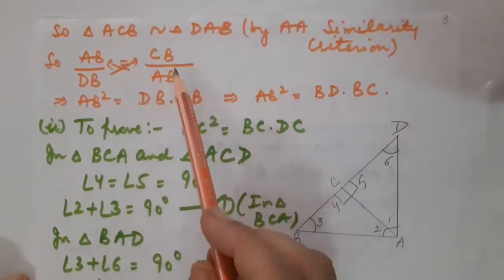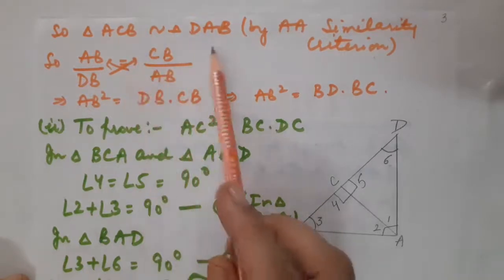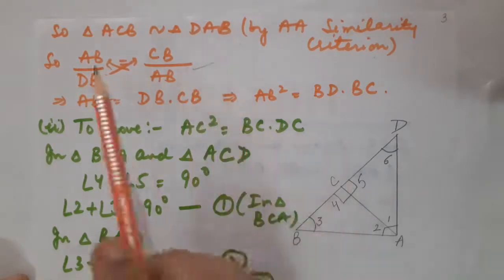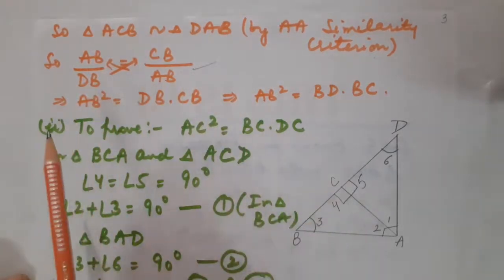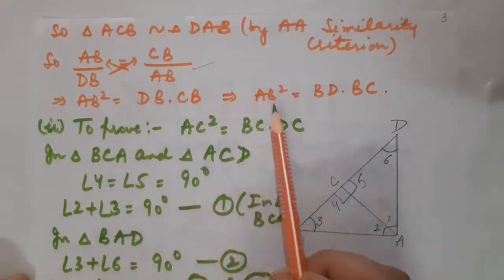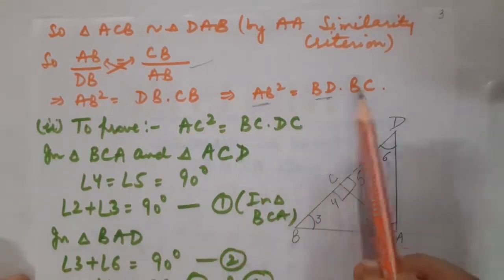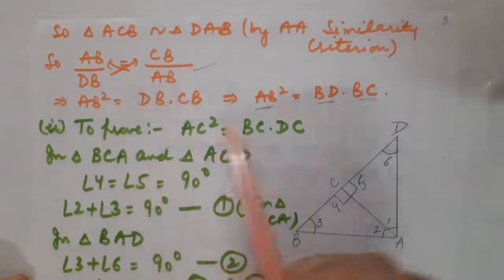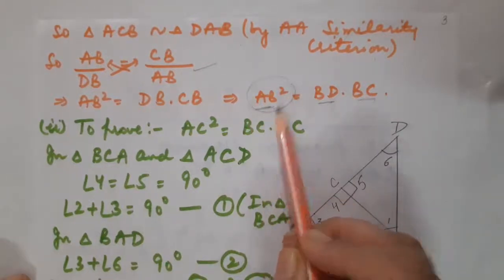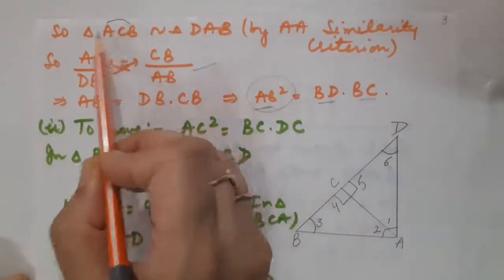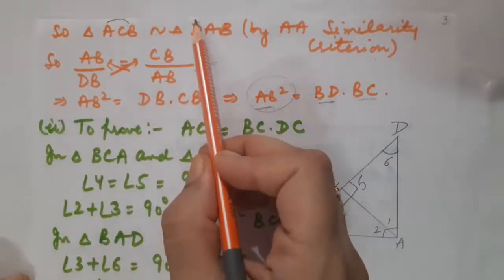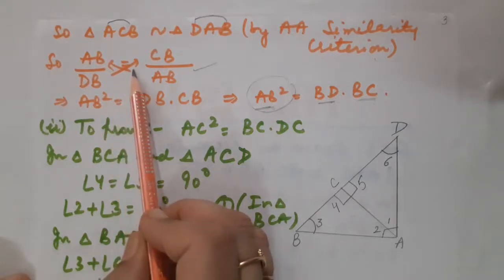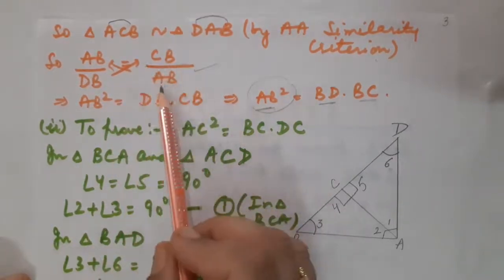Children, as you know that whenever there are two triangles which are proved similar to each other, then we know that their corresponding sides are in the same ratio. So let us take the corresponding side, but make sure you have to take side AB, side BD, and of course side BC. You have to take these very sides only. So let us start taking, but I want AB square also, make sure. So here I have taken AB. So definitely what would be the corresponding side? That would be DB. So AB upon DB is equal to, now I have taken again AB in denominator.